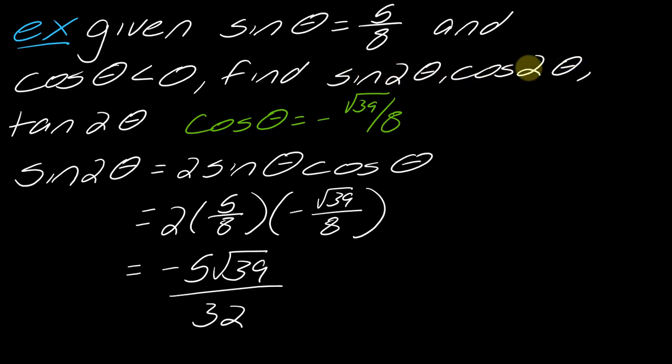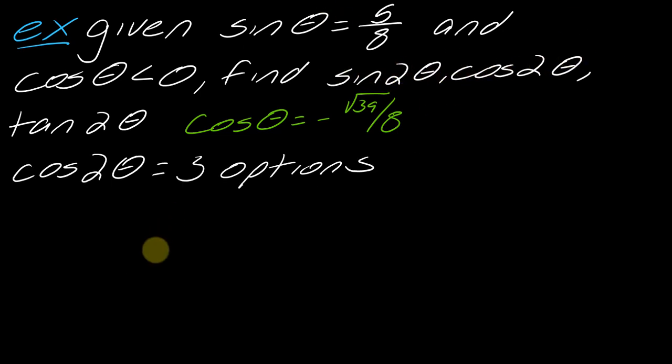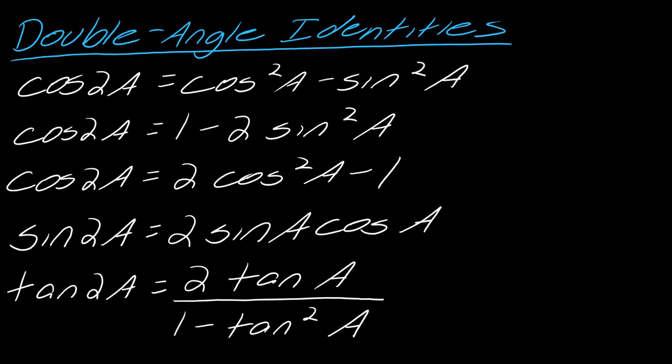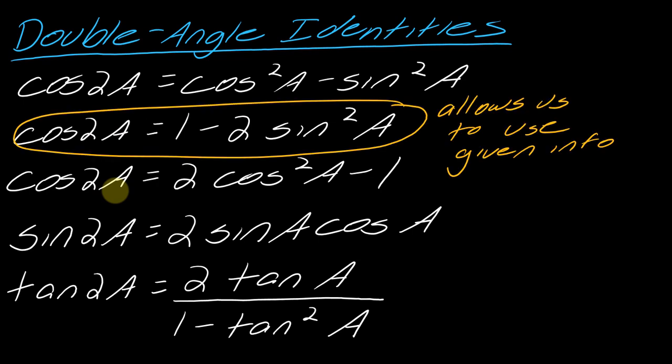That was sine 2 theta, so now we've got cosine 2 theta. And you know cosine of 2 theta, we've got 3 options here. So as I'm assessing my options, here's the deal. You can use this one, or this one. Is there a best choice? I would say yes, there is a best choice in this case. I would use this particular identity because, if you think about it, we just calculated,